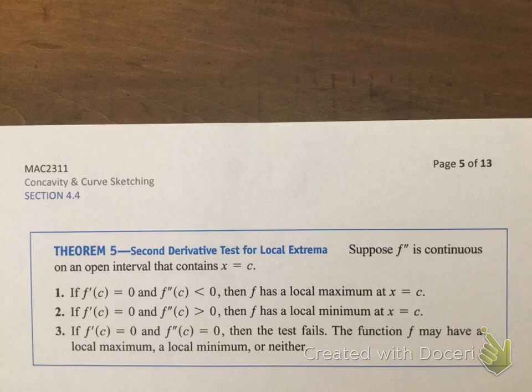Let's discuss what is called the second derivative test for local extrema. This test tells us that without having to look at the number line with the little pluses and negatives on it, we can tell from the concavity whether a local extrema will be a local min or a local max. So, for example, if I have a second derivative that is less than 0, so in other words this is negative,